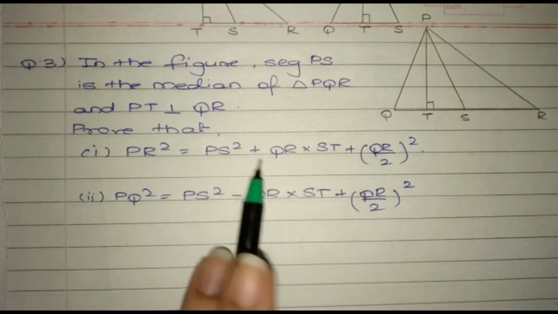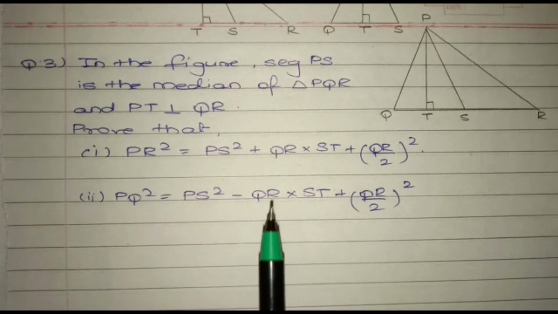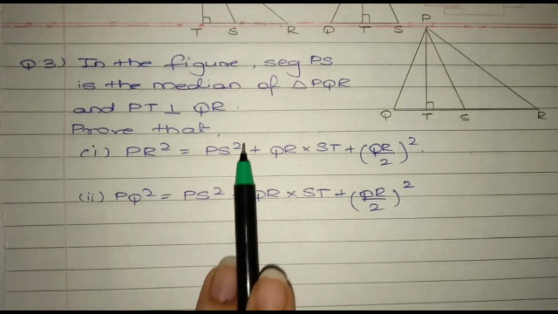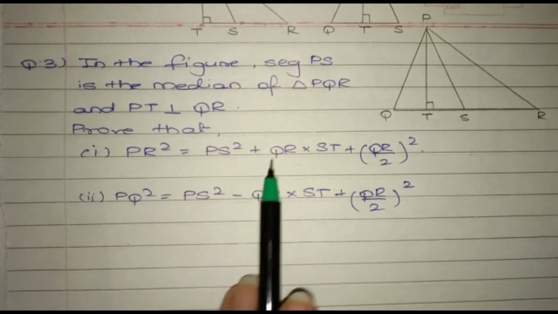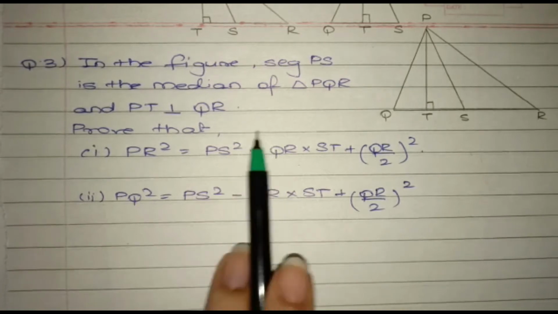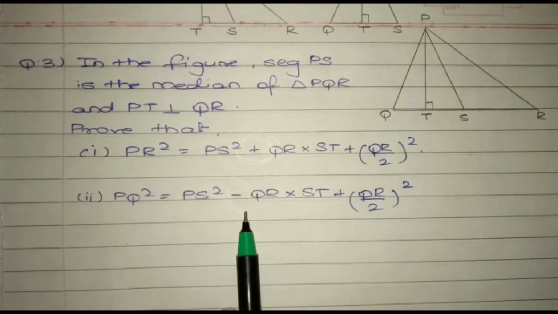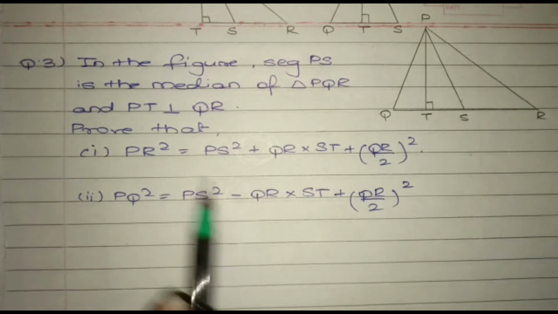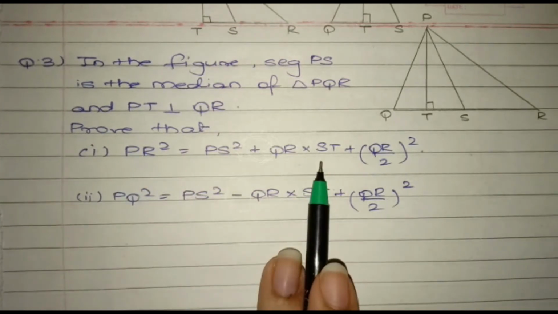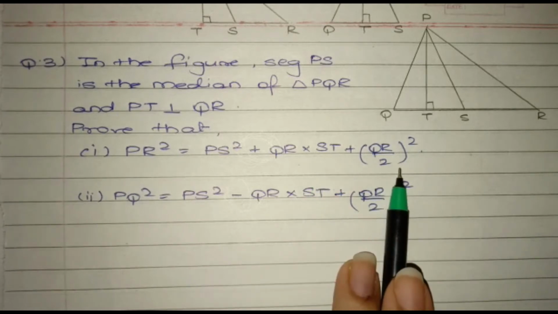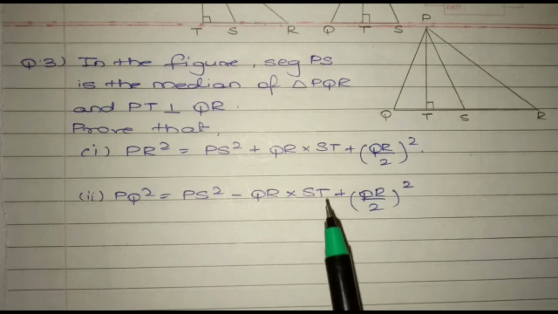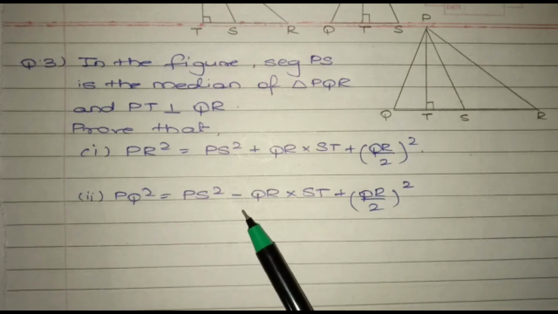The only difference between the statements of obtuse and acute angle is that the statement of obtuse angle contains a positive sign, and the statement of acute angle contains a negative sign. This is the only difference. So to prove the first statement, we are going to use the relation we studied for the side opposite to obtuse angle and the remaining two sides, and here we are going to use the second one, that is the acute angle's relation.